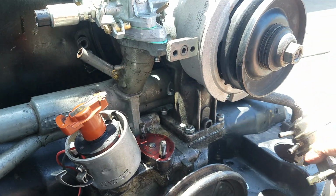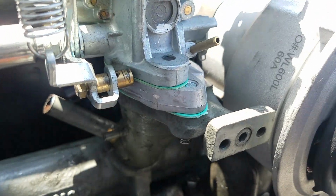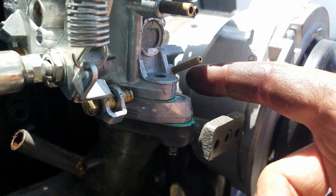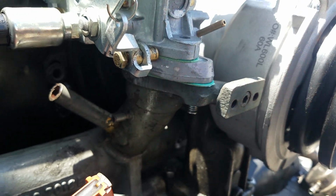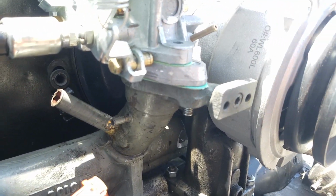Or figure out what's going on with this intake manifold up here. Does all this need to happen? Does this need to be here for this to happen? What's up with that intake manifold? Maybe somebody was getting creative. It might have been